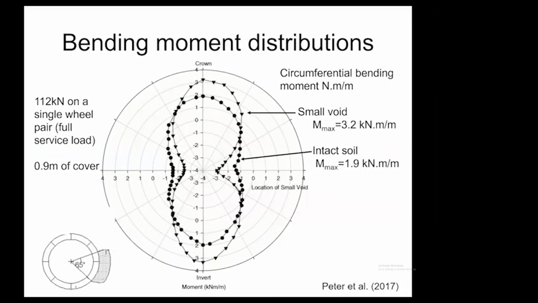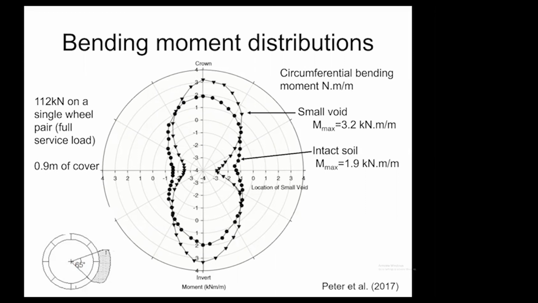Now, I don't have a lot of time to show results, but I'm going to show one set of results where we've measured strain on the inside and the outside surfaces of the concrete pipe, and then using the differences in strain, calculated the curvature, the distribution of curvature around the pipe resulting from that vehicle load, and then using the section properties and the modulus of the concrete, calculated the bending moment, the experimental bending moment that was